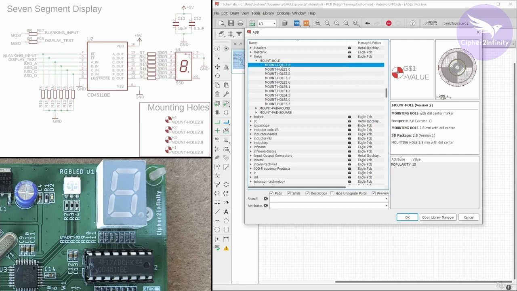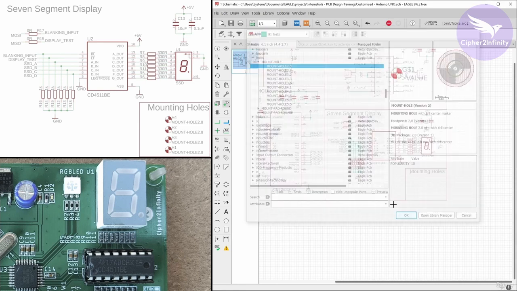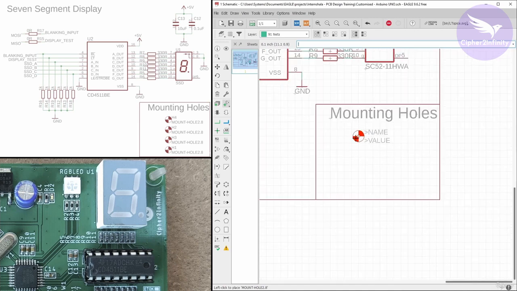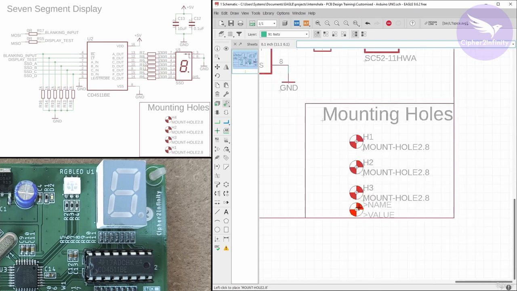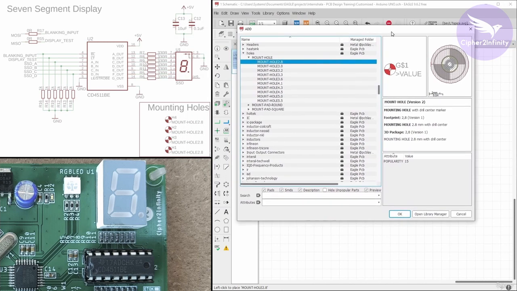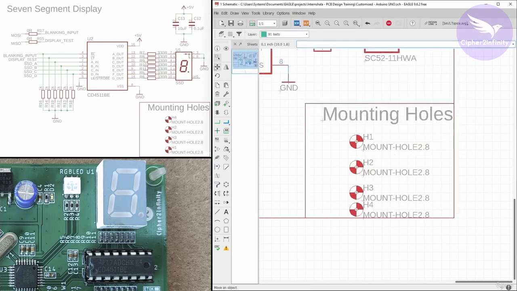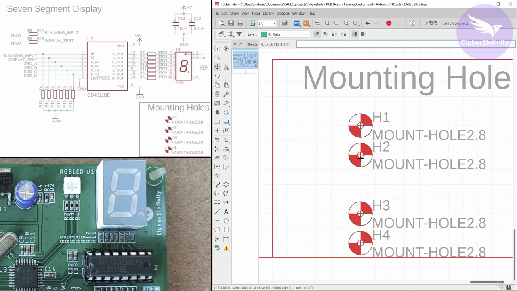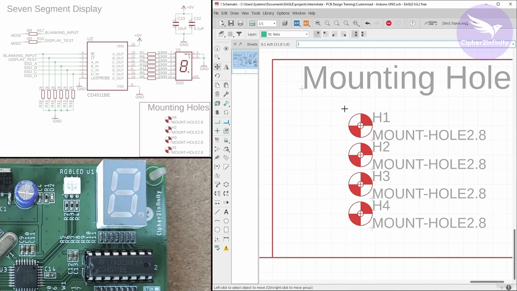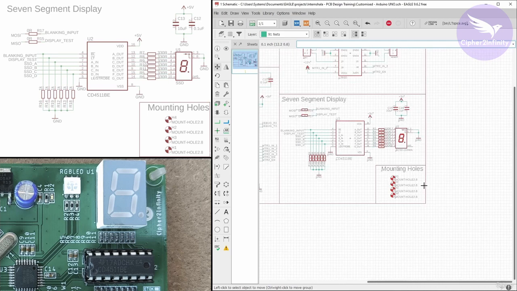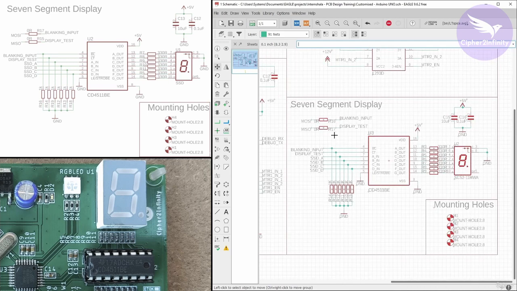So let's select this library, and after that I will click on OK, and later I'm going to place these mounting holes at this point. So first mounting hole, then there will be a total of 4 mounting holes on the 4 corners. So I'm going to place them here like this, and then escape, and then cancel. So let me arrange these mounting holes quickly and properly. So I will place it here like this. Alright, so we have collected all the 4 mounting holes, and with that we have completed this 7 segment display